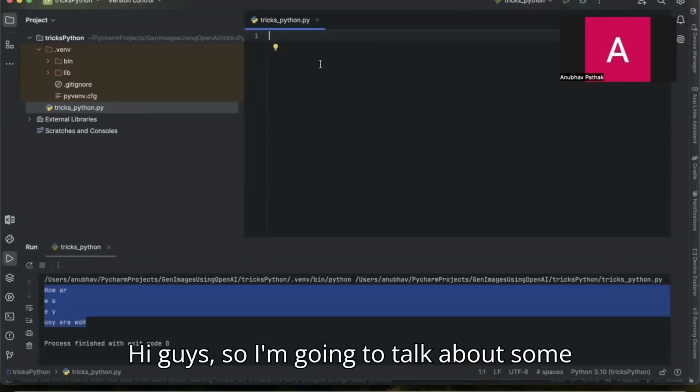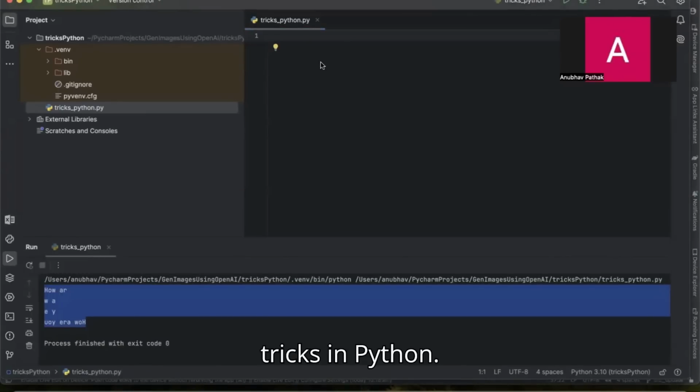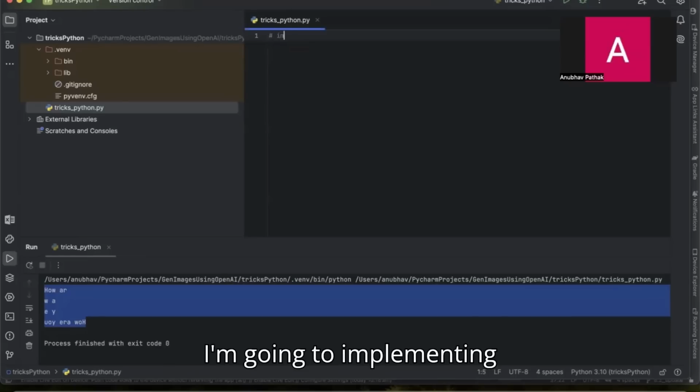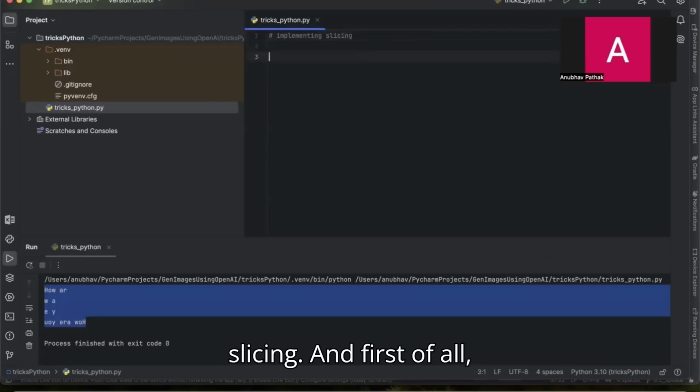Hi guys, so I'm going to talk about some tricks in Python. We will implement slicing. So I'm going to write over here, implementing slicing. And first of all, the format